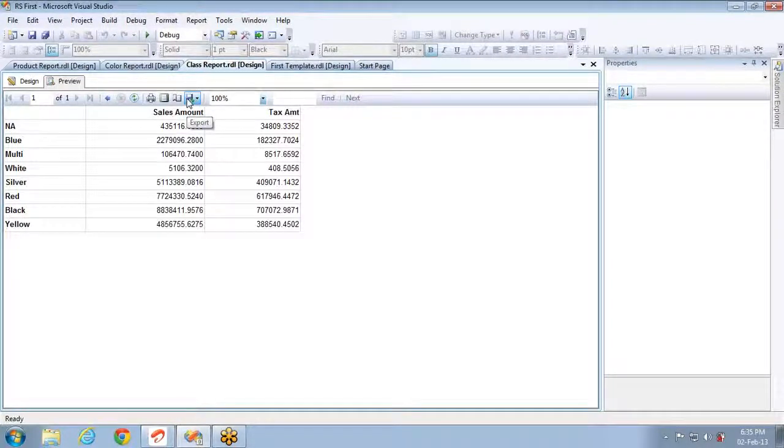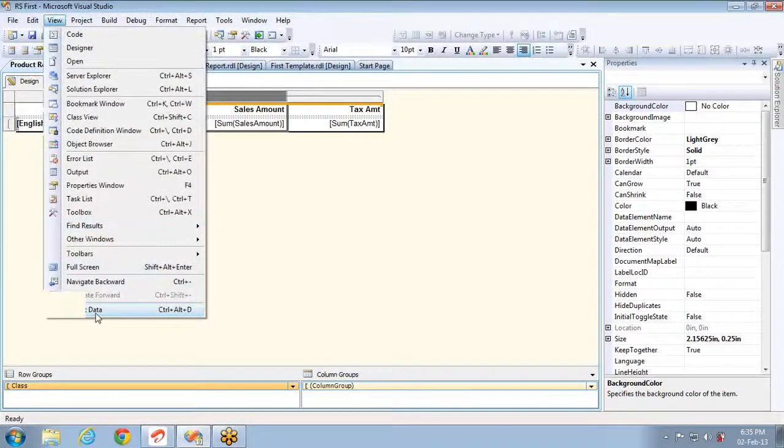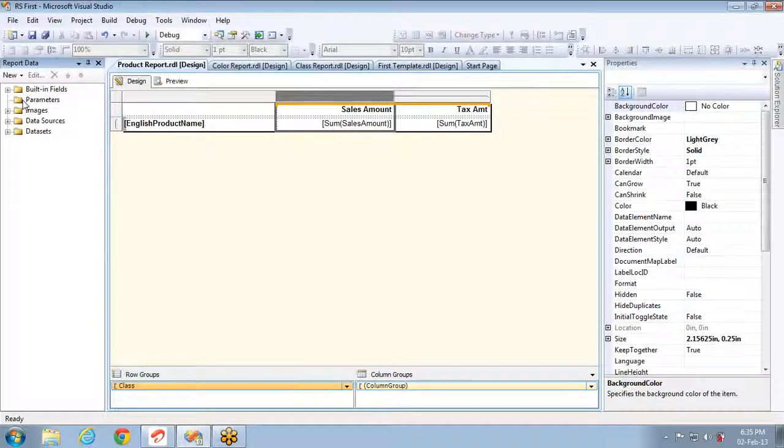The first thing we have to do, to implement that filtering by passing the value from the parameter, is at product level. What is our requirement? Our requirement is to filter the data, in this case based on color. So I have to design a parameter with color.